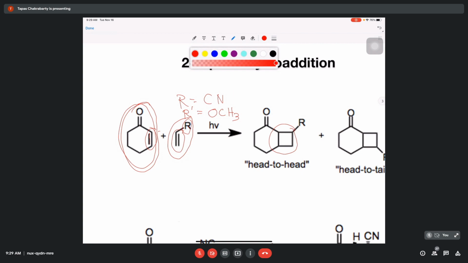Now, how do these chemical reactions occur? For that, let us look at how the basic chemical bonding is there. We know that when a pi bond is produced, these atoms each offer one pi electron. So you have two atomic orbitals. What kind of orbitals? These are p type orbitals.